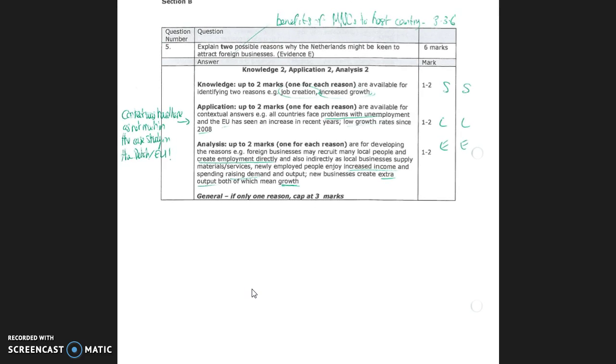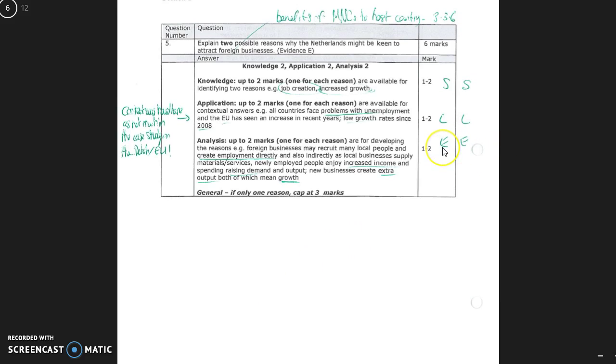So first one here, 6 mark AO3. Again, your AO3s, you should be maximizing your marks here. AO4s are a bit more subjective, a bit more open to you losing marks. AO3s, a bit more black and white. You've got 2 valid reasons, you've linked them, and you've developed them fully. You'll get your 6 marks. So 2 reasons why the Dutch might be keen to attract foreign businesses. From a teacher's point of view,